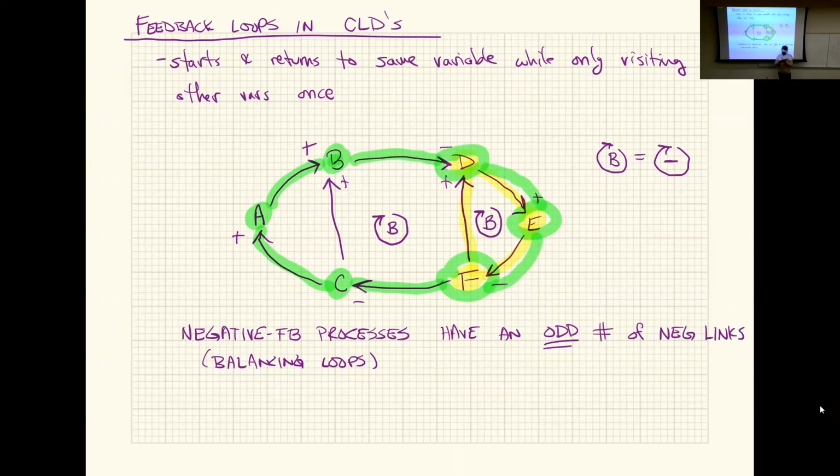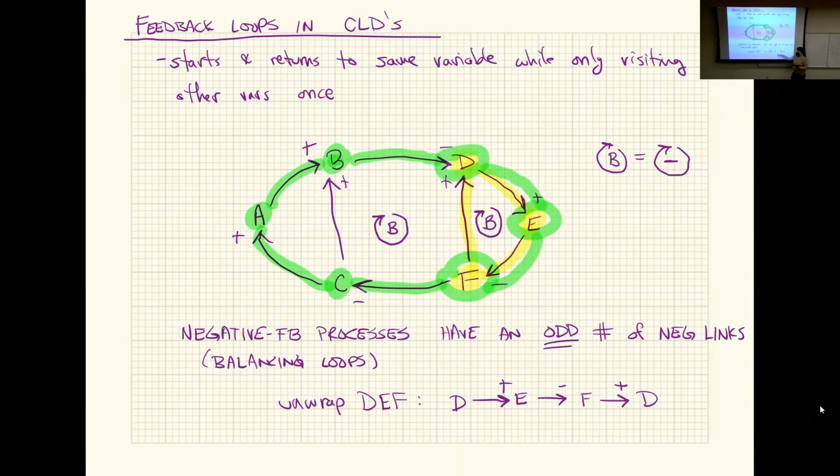And if I were to unwrap the DEF loop, say unwrap DEF, I would get kind of a pseudo causal loop diagram. D goes to E, E goes to F, F goes back to D. And if I put all those links in, D to E is a plus, E to F is a minus, F to D is a plus again, then if I think about this kind of linear relationship, which this is